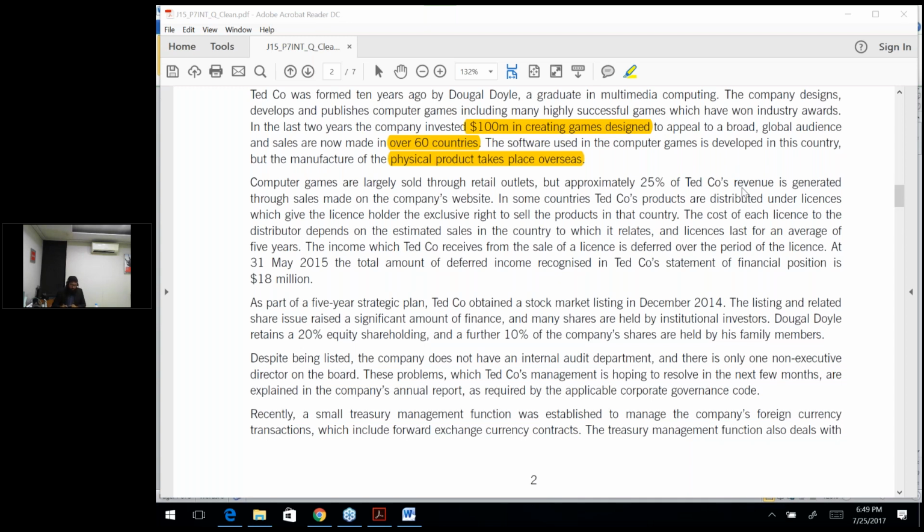Okay, so I would repeat the point of this research and development. I mentioned that you have invested 100 million in developing the games. So when you have invested 100 million in developing the games, what does this mean? There is a risk that they might have capitalized the research expenditure as an asset, or there is a risk that the development expenditure does not meet the criteria for capitalization and they have actually capitalized the development expenditure. So these could be the problems.